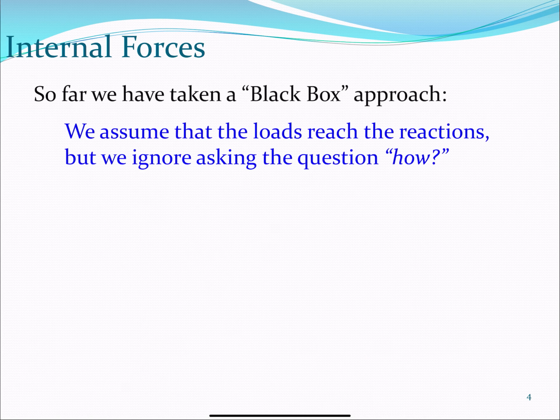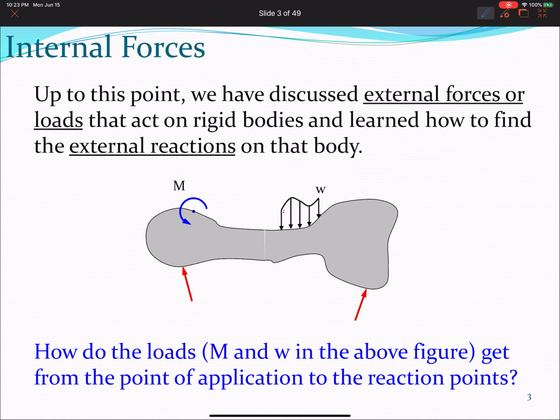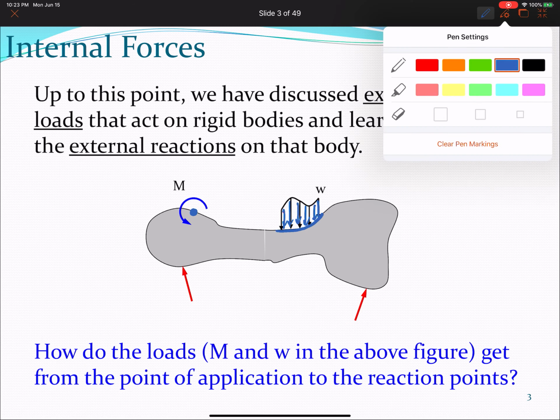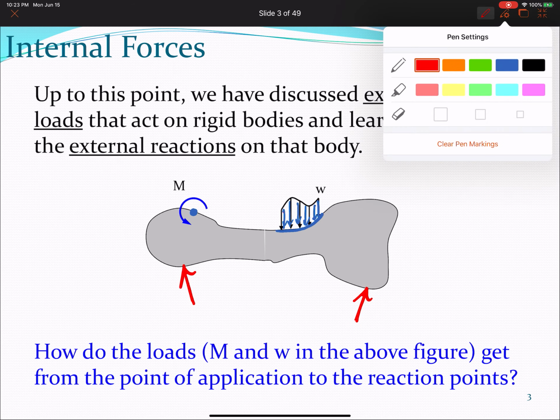So how do the loads, the moment and the distributed load, in this figure, let's mark them with blue. It's not very common, but I have these loads here, applied loads. How do the loads in the figure get from the point of application, in the case of the moment, or the area of application in the case of the load, to the reaction points that are marked by red? So how do these loads travel through the body,